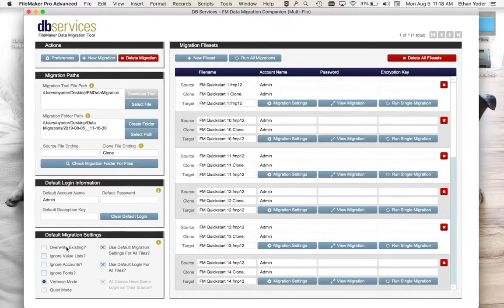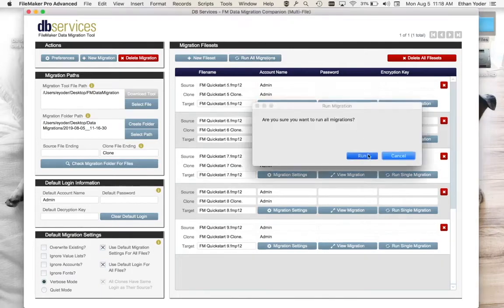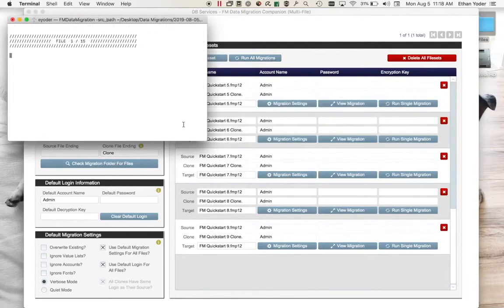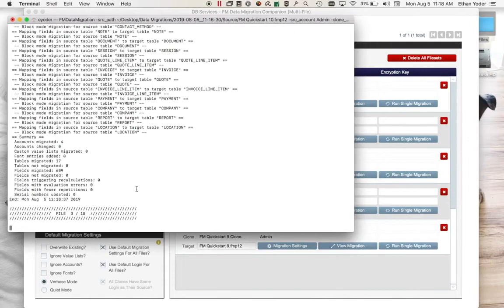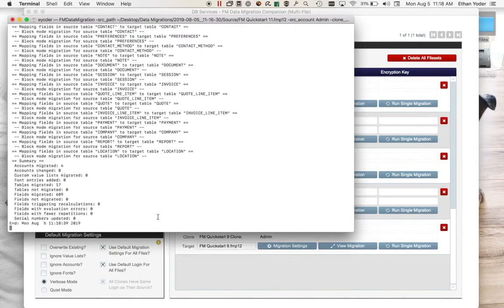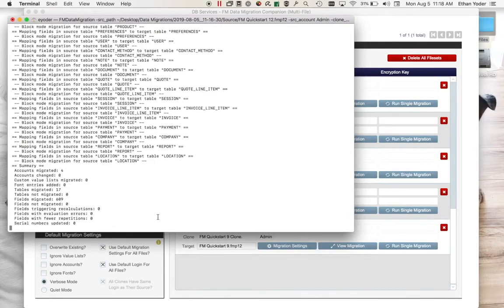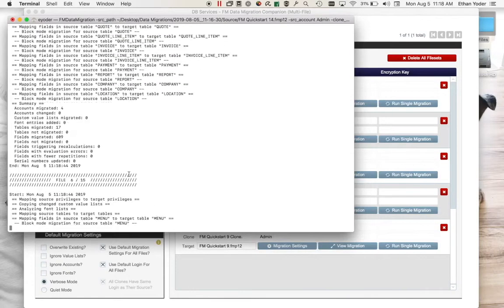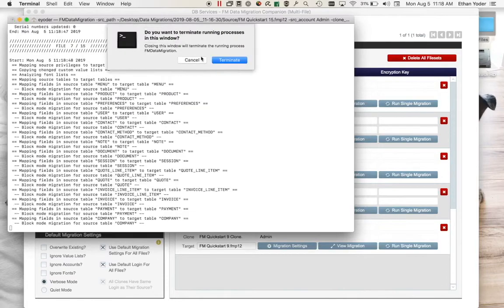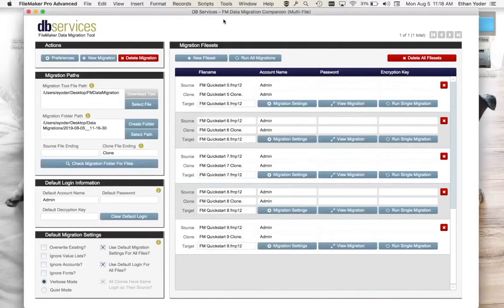Okay, great. Now that we have all these together, we can click Run Migration. We can either run all migrations, or you can just run a single migration, which will run one for you. But I'm just going to run all of them at once. You'll see it's going to create all of these for us and run them one by one. You'll see that it just goes 2, 3, 4, 5, and goes through these like so. I'm not going to finish that. So that's what it looks like on Mac.